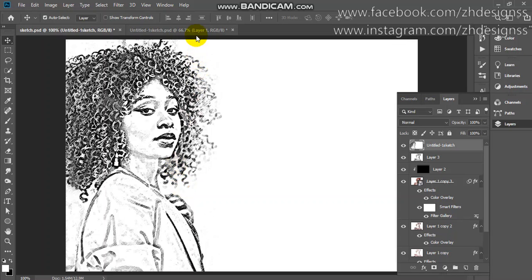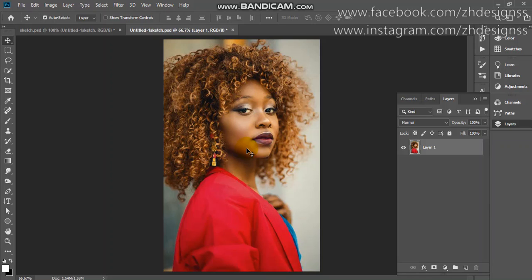So let's start. Here I have this one image. Before starting, first take a copy of your layer with Control or Command J. Make sure your image is black and white with a plain background, or you can simply cut out your background if it is not plain.